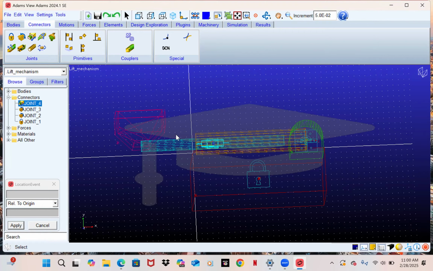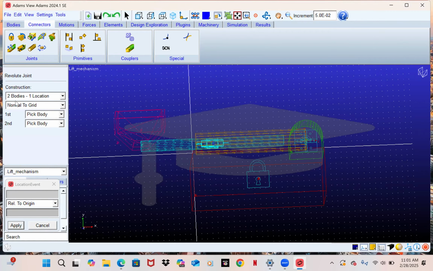Our last joint that we have to create is a revolute joint between our bucket and our boom. So you go to the revolute joint, make sure that under construction is set to two body one location, normal to grid. And now we come to the working grid to select the bodies. Select the bucket as the first body, select the boom as the second body,